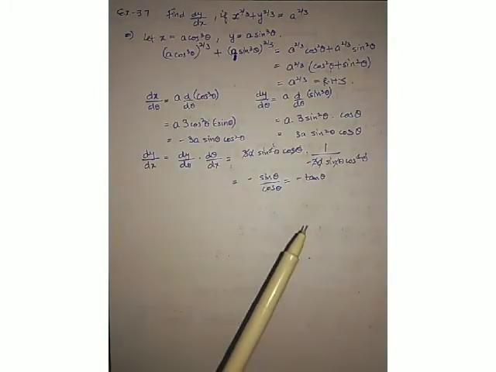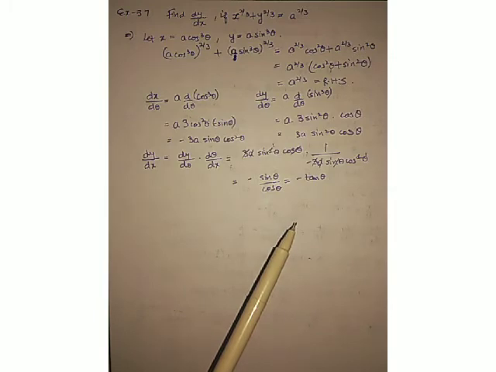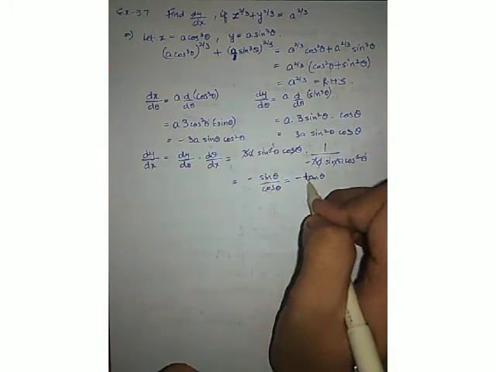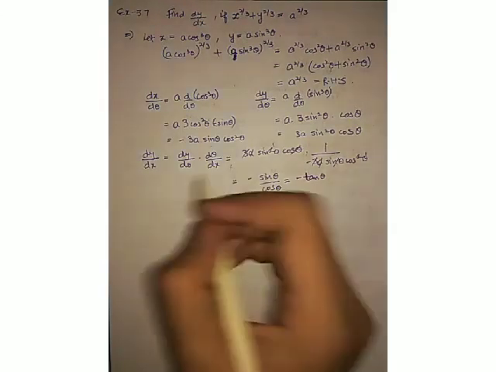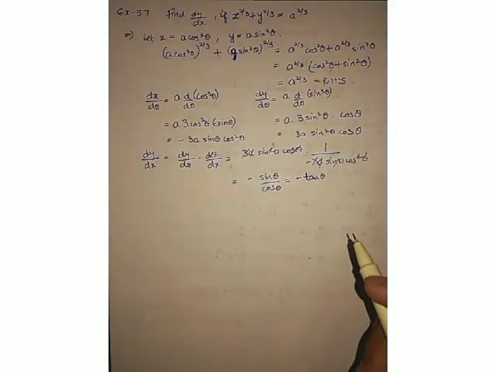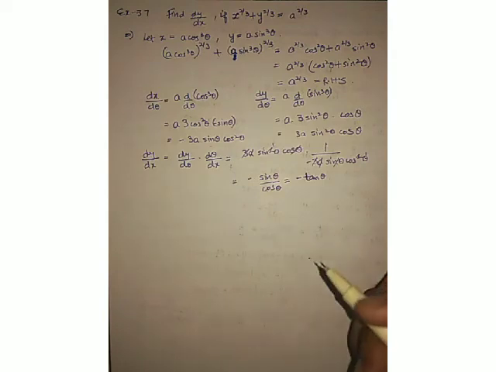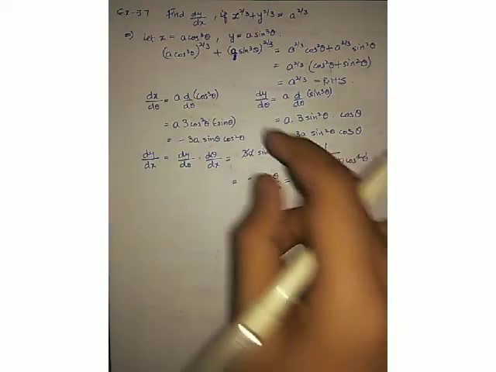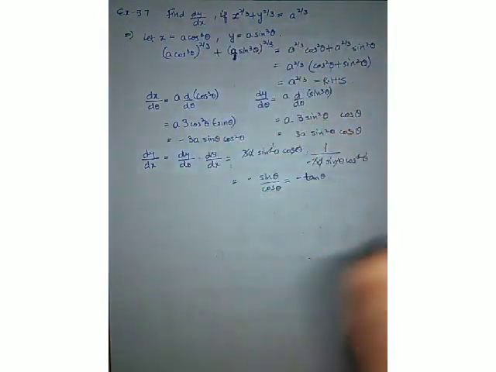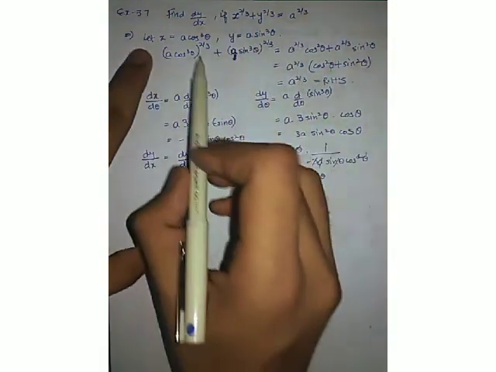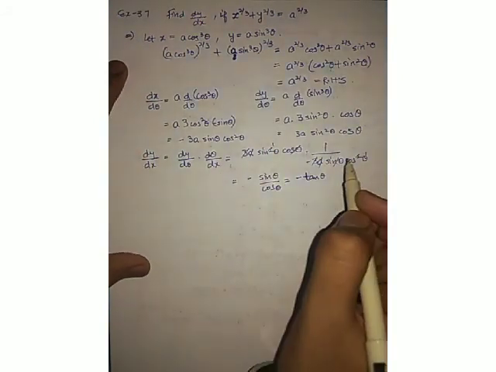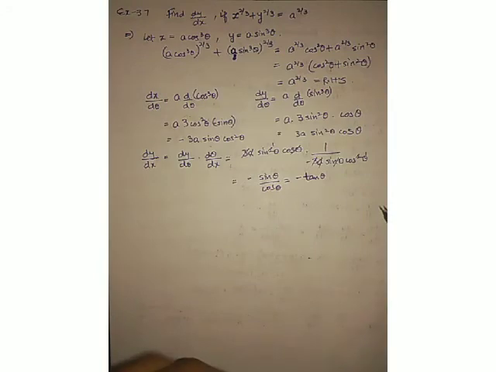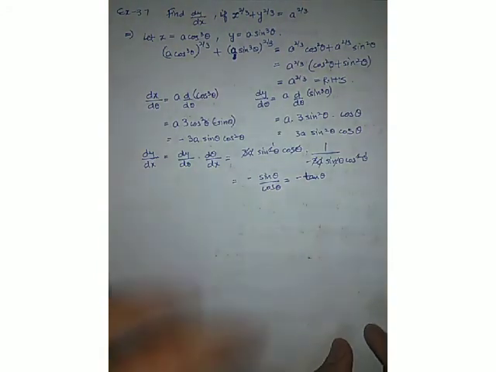So this was the last example. Sometimes you have to think about the values and then you can find the value of dy by dx. Now as you can see, we have found dy upon dx is equals to minus tan theta, but in the statement theta was never given. So sometimes you have to think about some of the equations and then you can get the value of dy by dx or any other desired value. So you have to be sharp with the thinking as well.